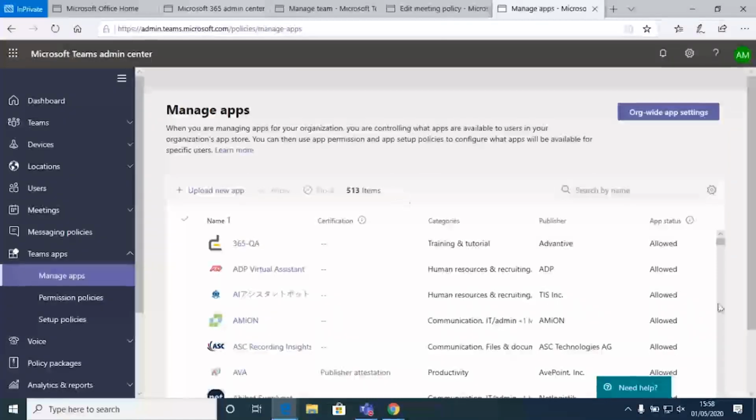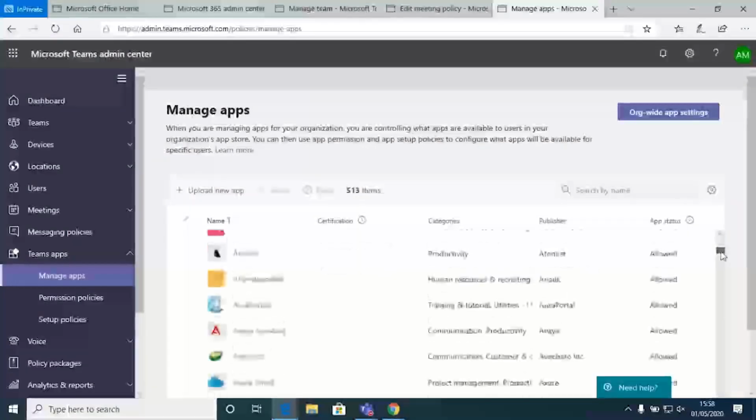However, that could also lead to people bringing apps into the environment before they've really been tested, before you know how they're going to work with people, and data disappearing off into different silos without any overall oversight. So what you could do is select the apps and block all of them, and then just enable the ones that you're working on as an organization. Or there could be specific apps that you really don't want to allow.